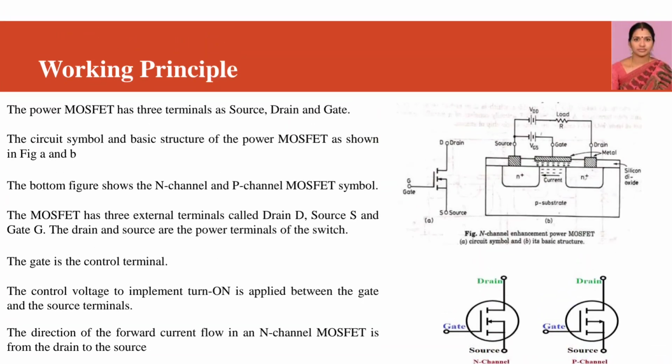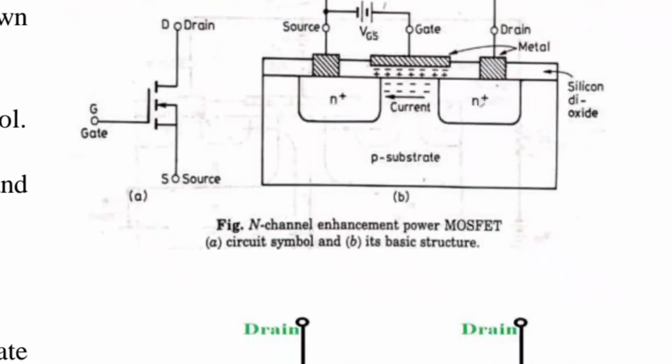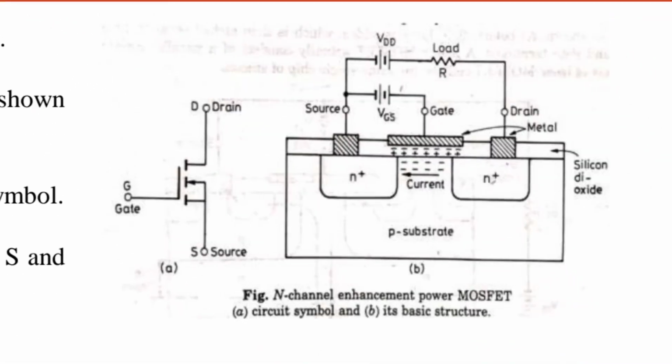Here in this diagram, this is the basic structure of the MOSFET. There is a P substrate. On this, heavily doped N regions, N plus regions. Above the N region, there is a silicon dioxide layer. In this N plus region, there are two terminals, drain and source. The voltage is applied between these two terminals. The drain is positive with respect to source. So drain to P substrate is reverse biased. In this mode, no current flows from drain to source.